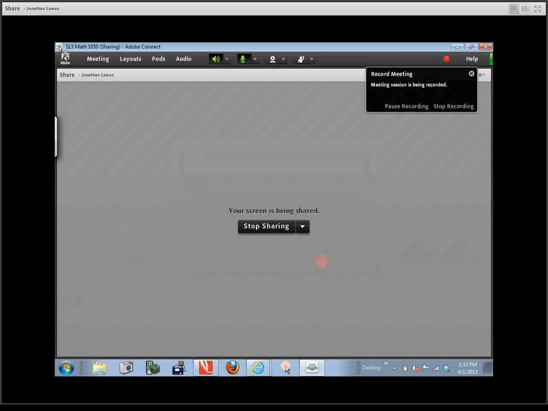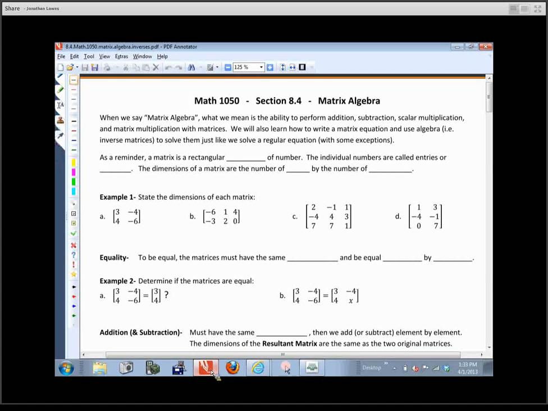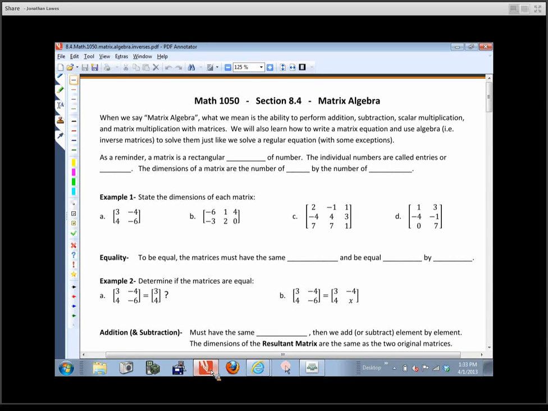8.4 today. I think we can finish 8.4 today. We'll just kind of see how it goes. So a section called Matrix Algebra sounds like it's kind of complicated. Most of the stuff in this section is not complicated, but it does give us another tool for solving systems